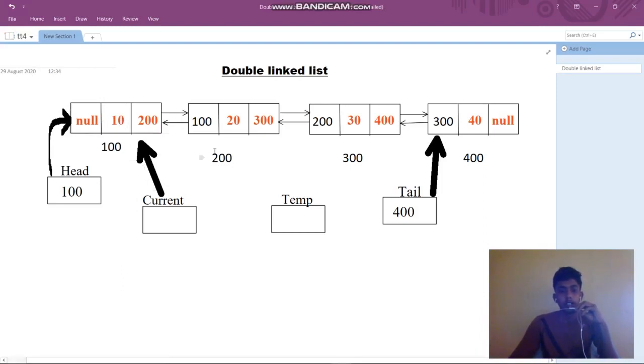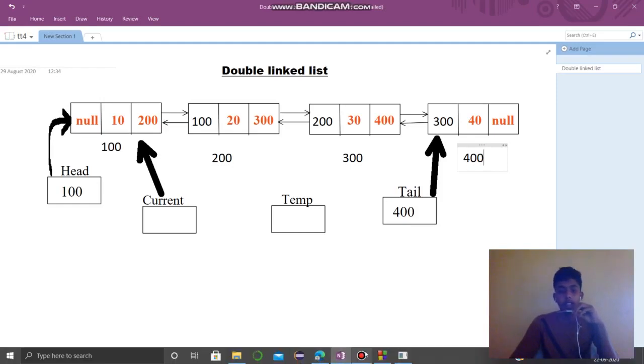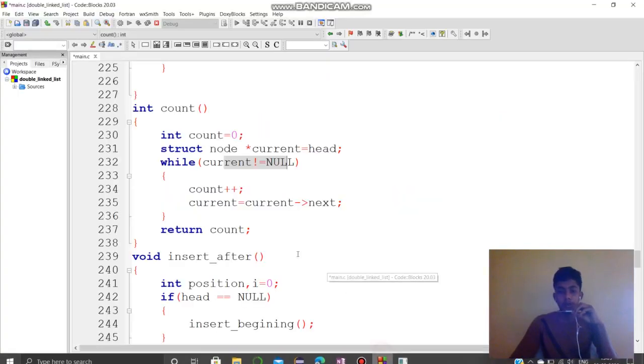Next, current is not equal to null, it will point to 200 and count increments to 2. Again next it will point to 300, increment to 3. Next it will point to 400, increment to 4. After that current of next is null. Null will be stored in current. So is current not equal to null? No, this is false.